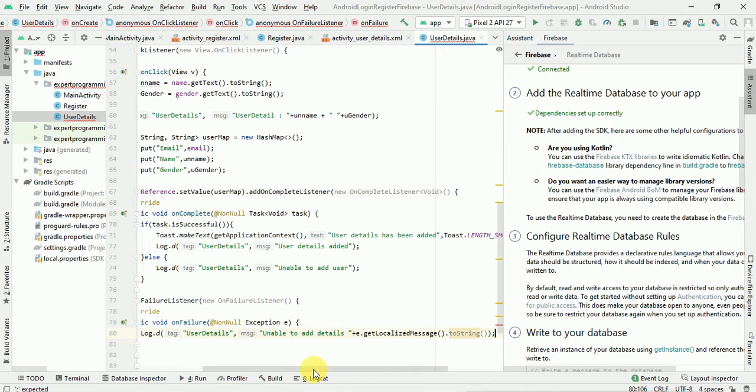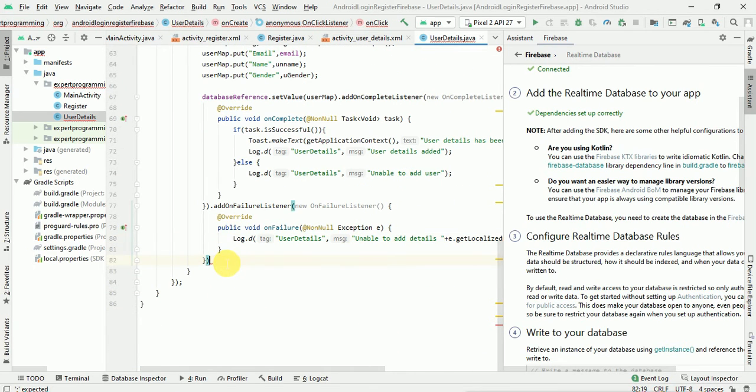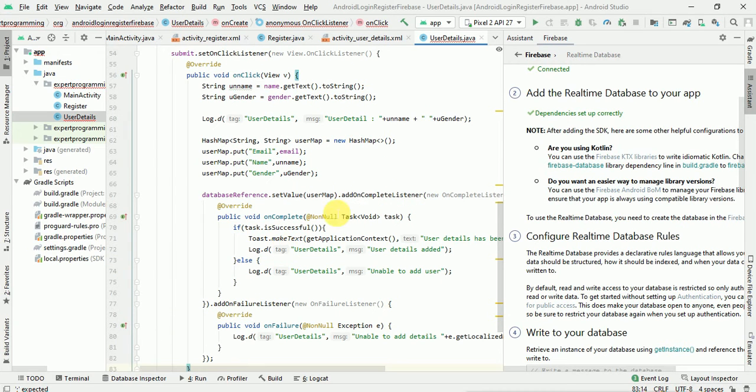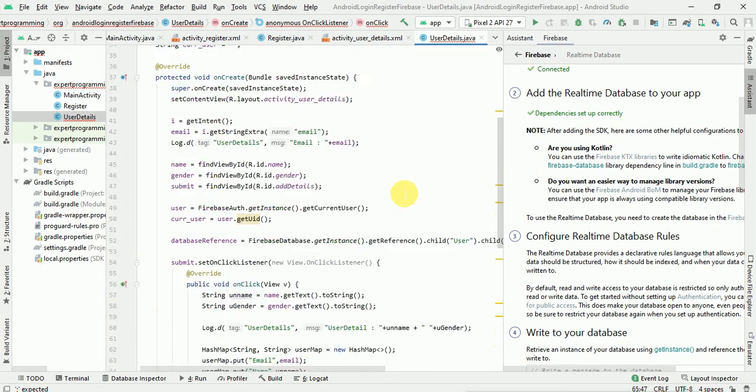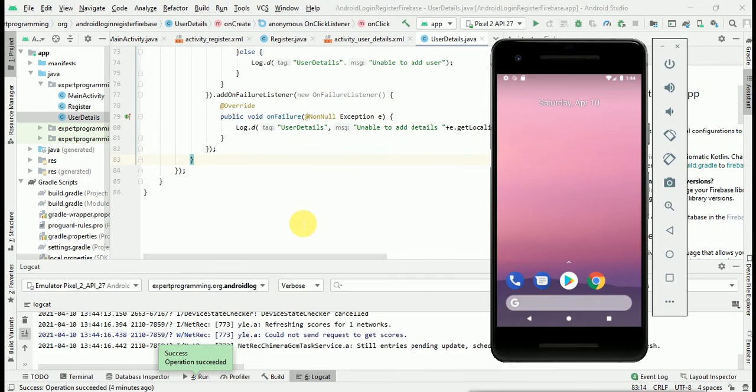Now I think everything looks good, and here you have to complete this, so semicolon, so that this function gets completed. So everything looks good. Now it's showing the red line. Okay, yeah. So now let's run this app.